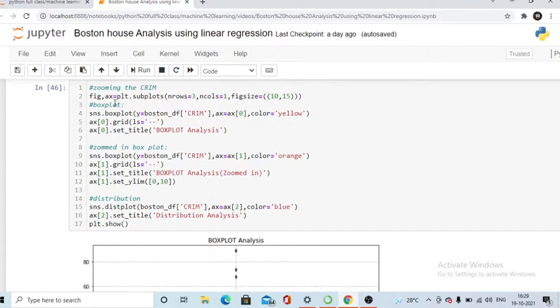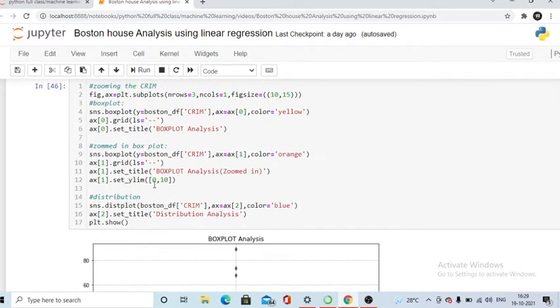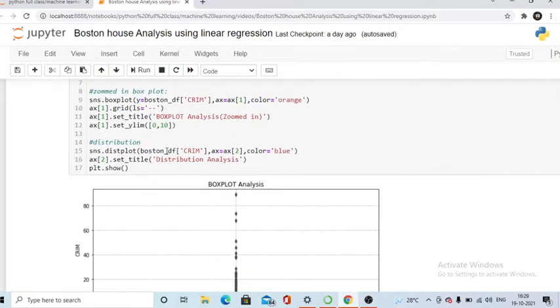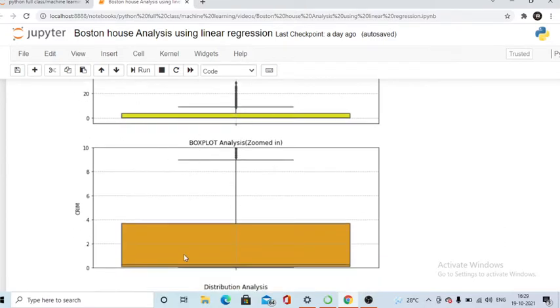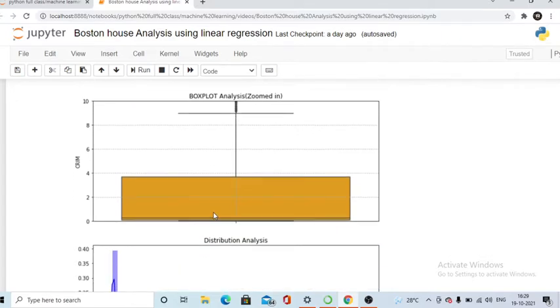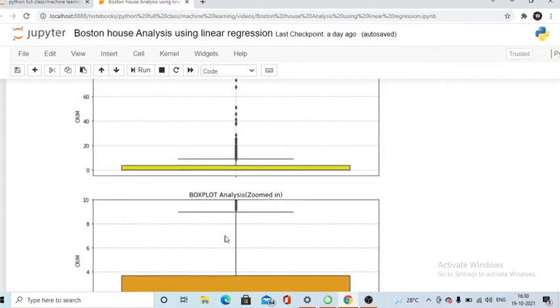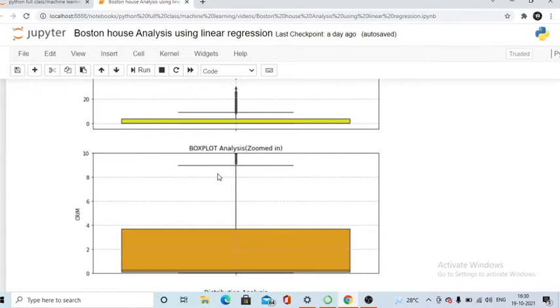So this is the zooming part of crime, where we have zoomed to 0 to 20, using a box plot. Simply, first we do the box plot, and after that we zoom into this particular area. You can see this area is now zoomed, and these are my outliers. Okay, so you first have to clear your concept of what the use of a box plot is and why we visualize it. Basically the box plot has five parts: the lower whisker, then the first quartile, then the median, then the third quartile, and then the upper whisker. With respect to these five parts, we analyze our data.